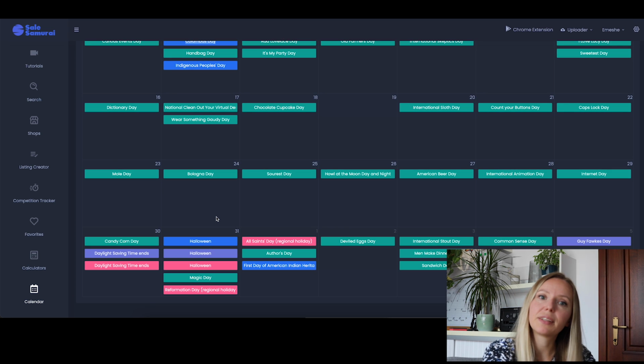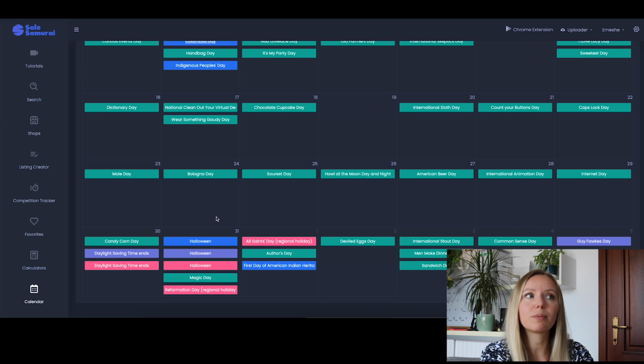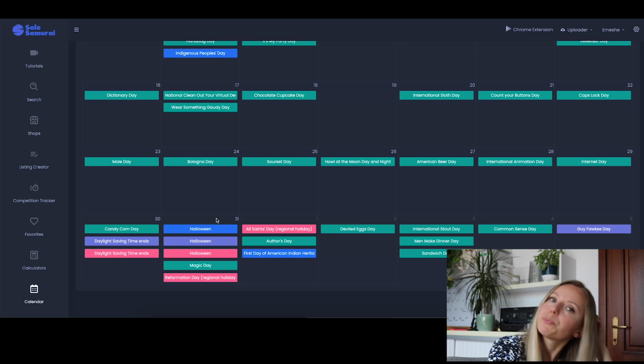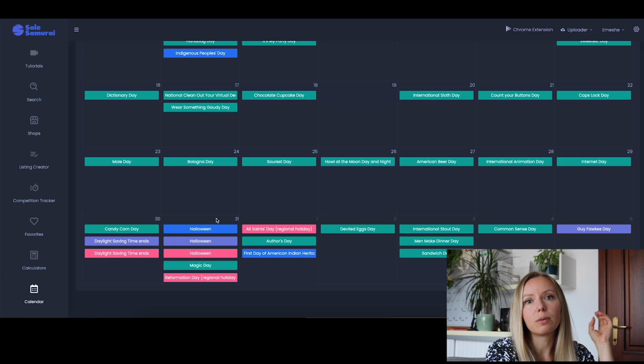And of course, the last days of the month are the most notorious, but you have to prepare for them. There is Halloween, which is celebrated in the US, UK, and Germany as well. But in Europe, we don't put as much of an accent on Halloween because we have All Saints' Day and the Reformation Day, and we tend to celebrate those rather than Halloween.